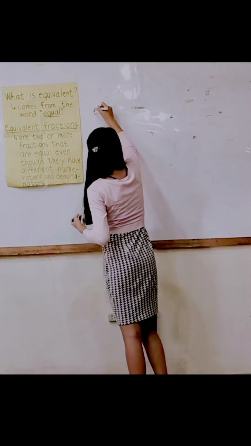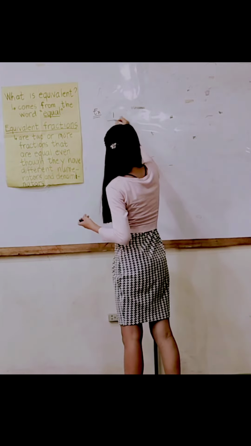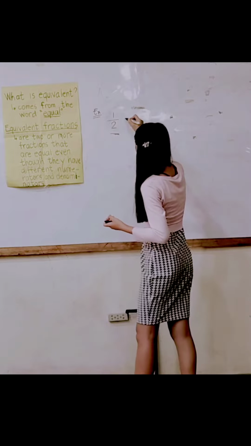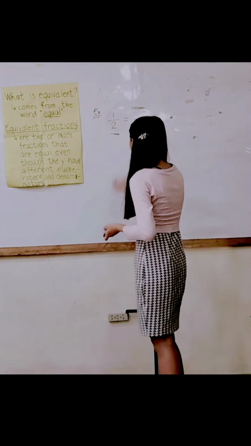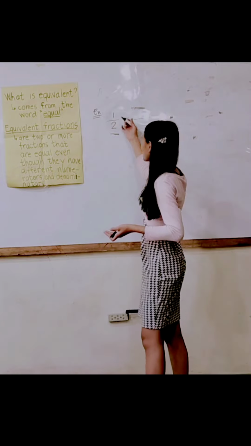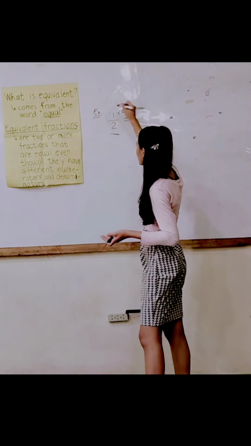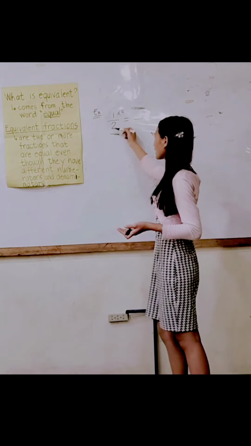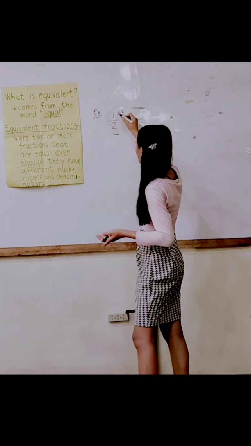For example, 1/2 is equal to, so we're going to multiply by 2 the numerator. So this is the numerator and this is the denominator. So first we're going to multiply the numerator by